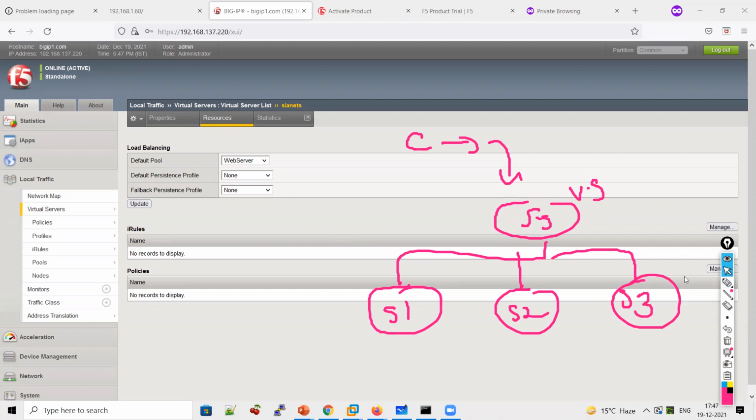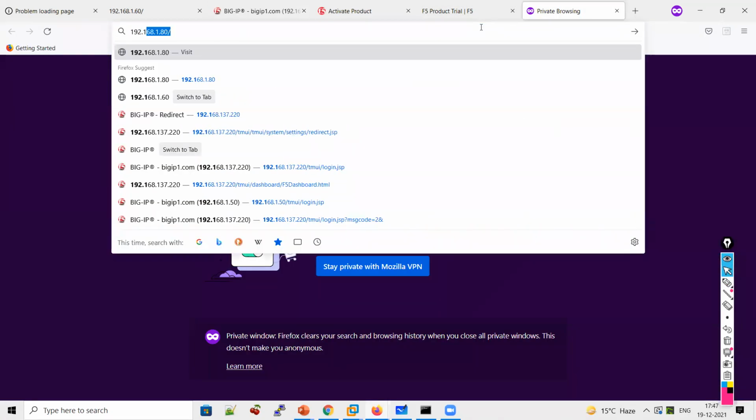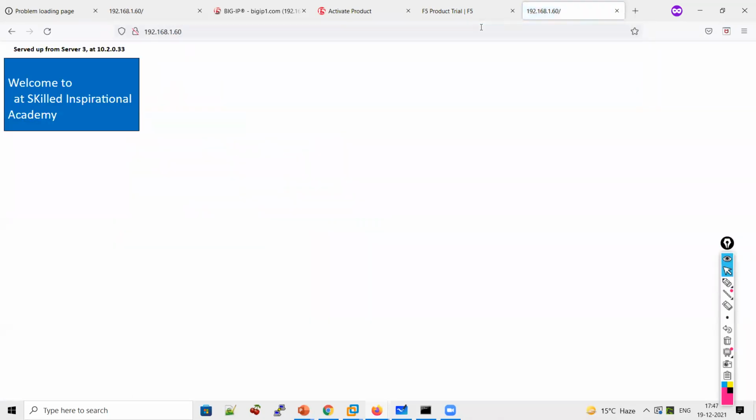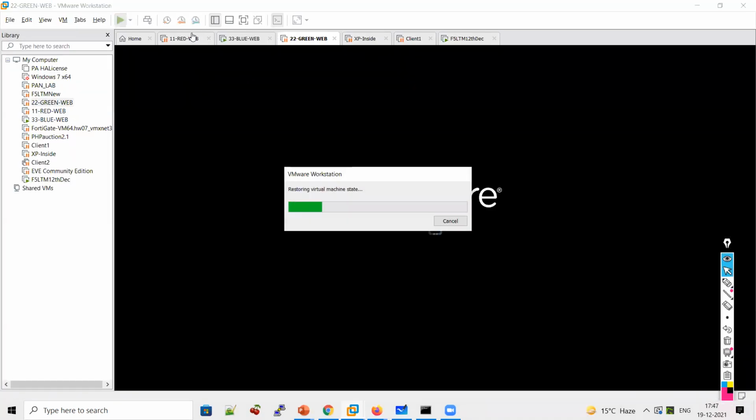So how will traffic go? Now let me show you. You go here, 192.168.1.60. This is how your load balancing will happen. If you refresh it, you will get different pages, depending on how many servers are active. Right now only the red server is. Let me open red, green and blue. So you will get it. If I refresh it, see. It means load balancing is happening properly. So this is how